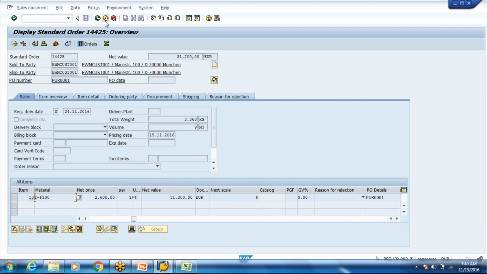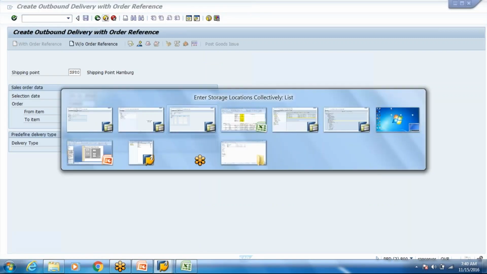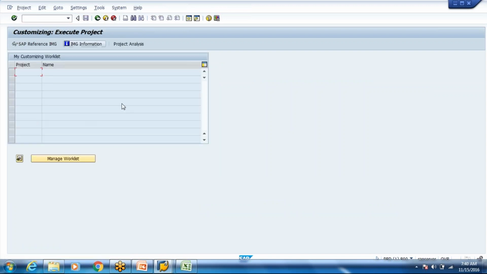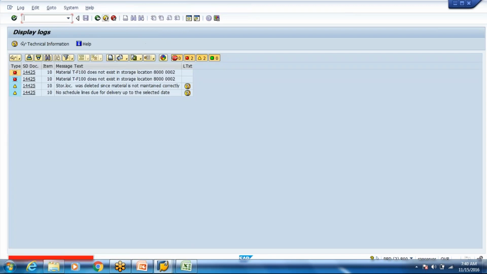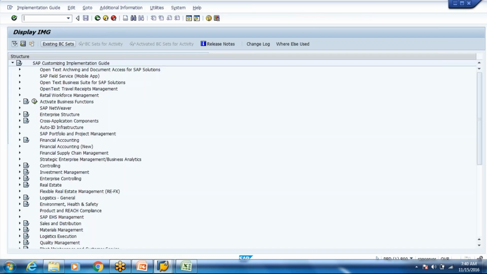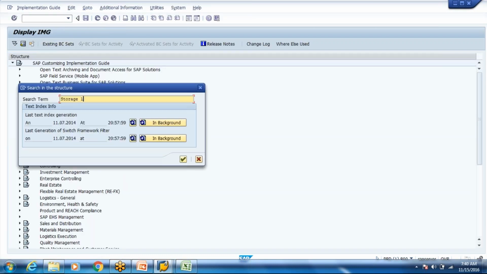So basically there is a configuration on the SD side which determines which store location to pick the stock from. That is called a store location determination. So yeah, I think we need to check that config because it does not exist in store location 8000. So store location determination, let us check that configuration and change the store location to